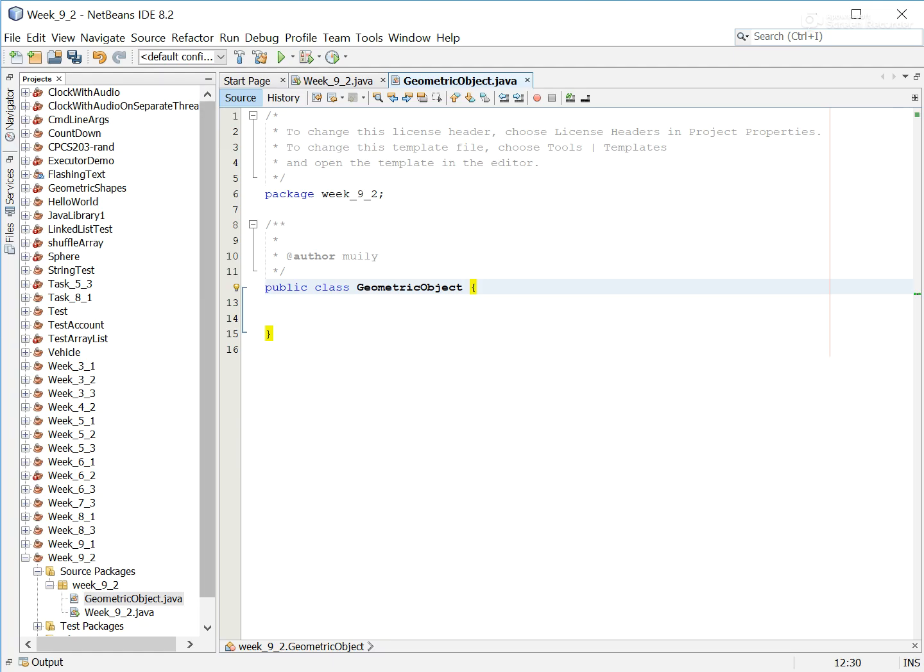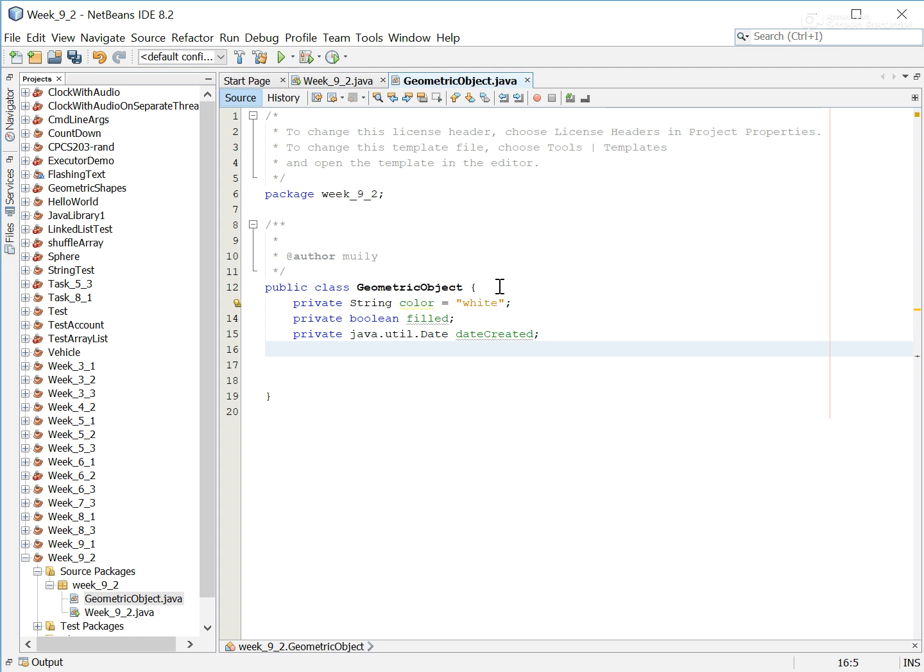Let's start with that. And like I said, in the interest of saving time, I'm just going to paste these, and I'm also going to give these some default values. So nothing is provided. Color will initially be set to white. Boolean filled does not have a default. Well, the default value is initialized to false, and date created, yeah, of course. Okay,